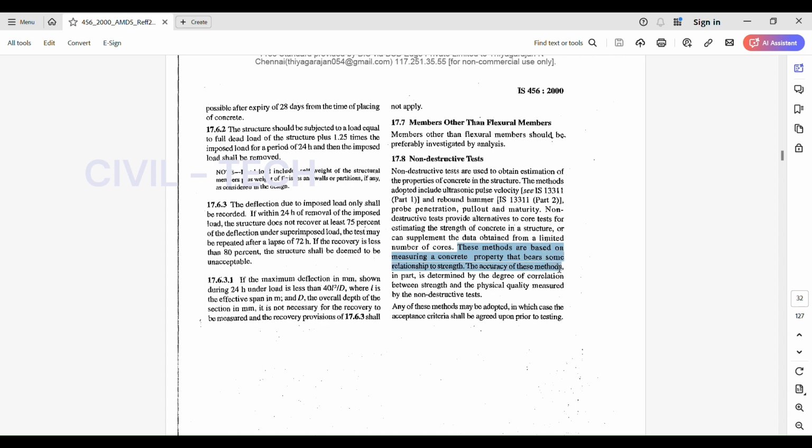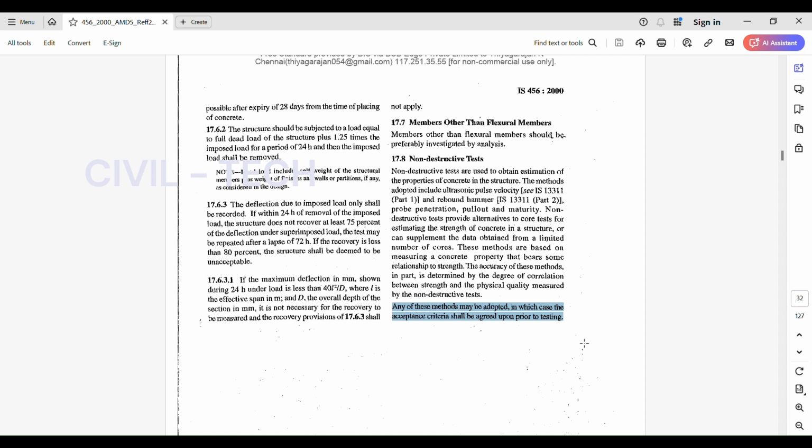These methods are based on measuring a concrete property that bears some relationship to strength. The accuracy of these methods is in part determined by the degree of correlation between strength and the physical quality measured by non-destructive testers. We are unable to get the compressive strength directly. We need to establish some degree of correlation between strength and the physical property, and only then do we get the accuracy of the results. Any of these methods may be adopted, in which case the acceptance criteria shall be agreed